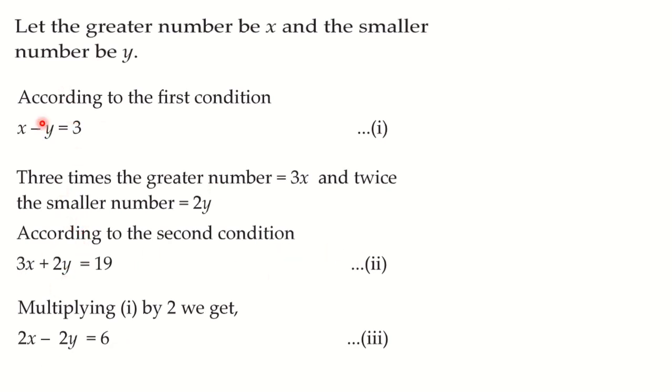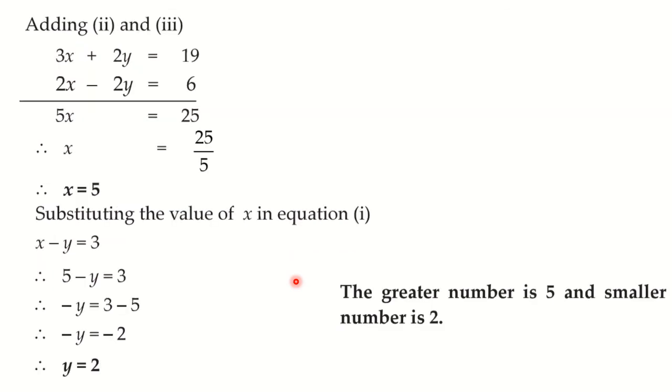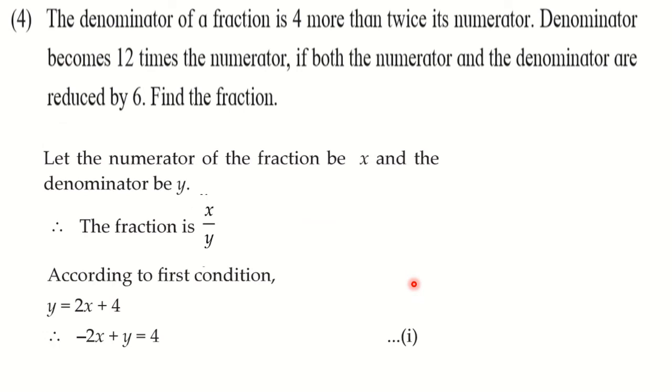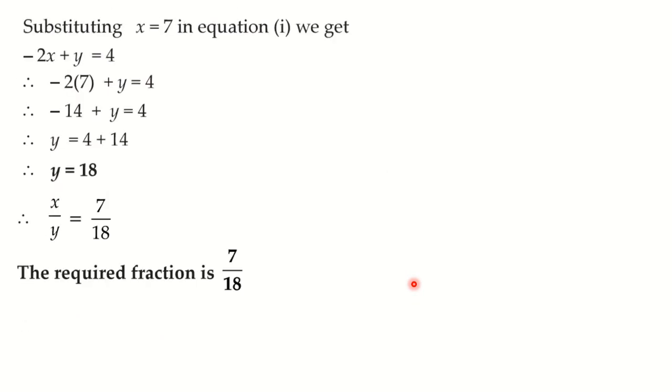So here we are going to use the method of equating coefficients, which is short and easy. It is not compulsory that you should use that method, but you have seen the graphical method is too lengthy. Also for Cramer's rule you have to find three determinants and all. So instead the equating coefficient method is short and simple. So you can make use of that, and by using that you can get the values of x and y, and then you can write down the final answer here. So this way we are going to solve all the word problems.